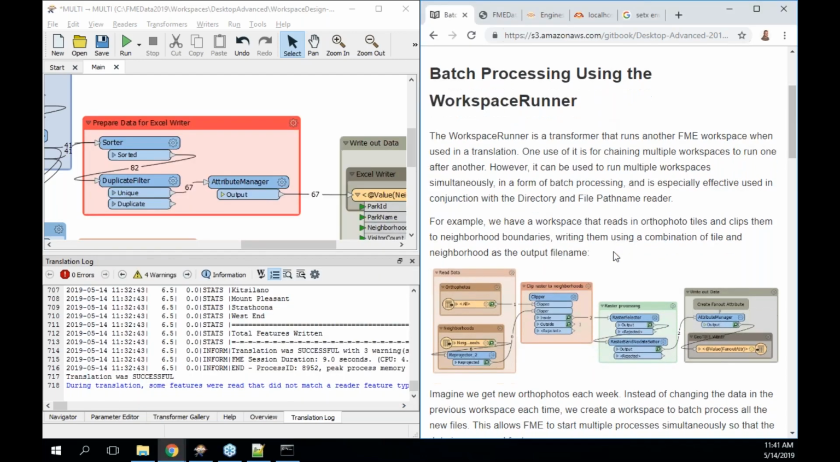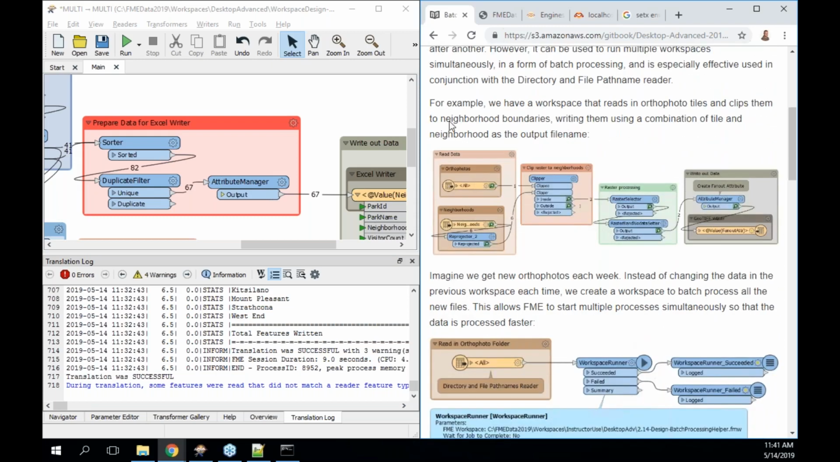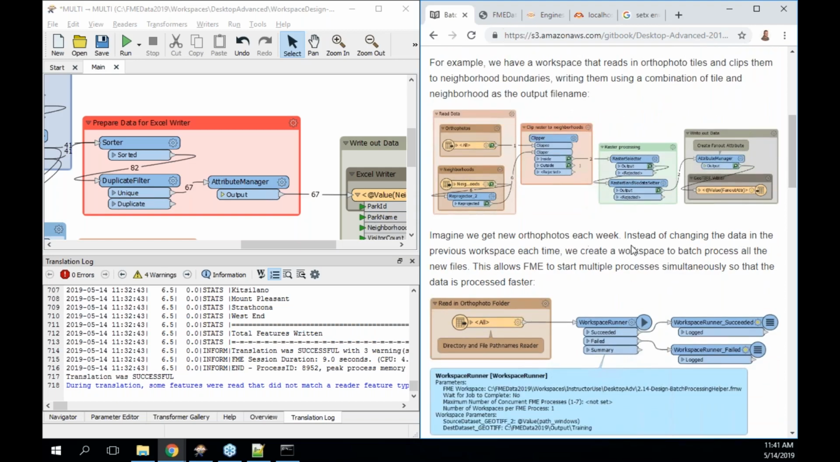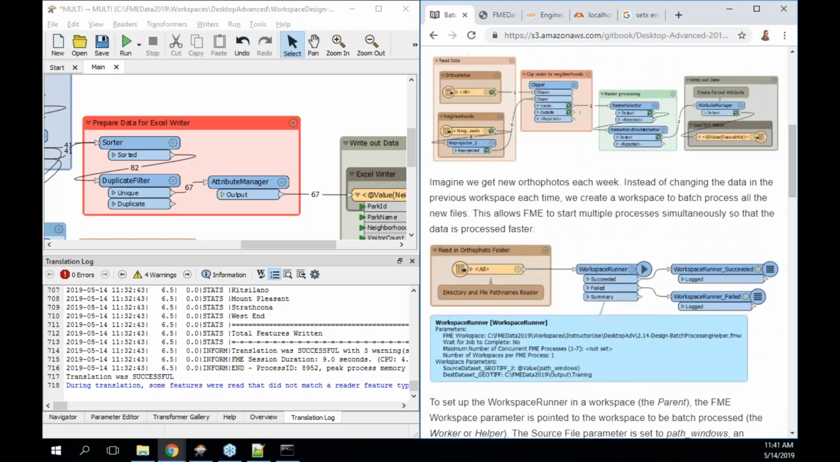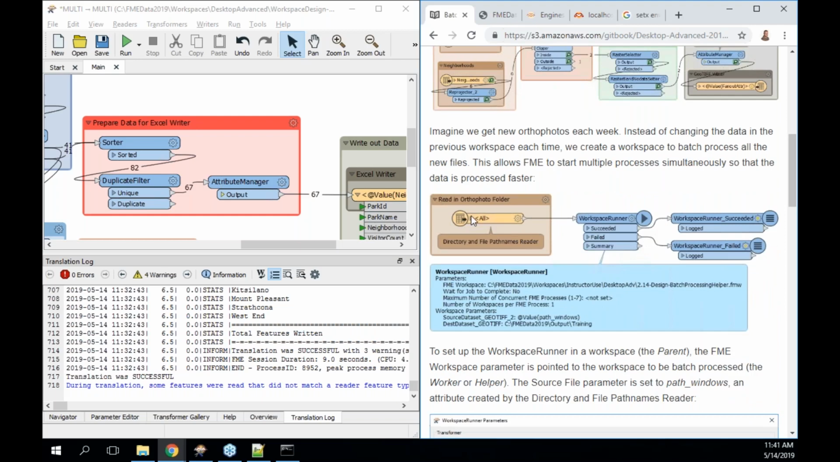But another useful thing to use is the Workspace Runner transformer. Let's say I have this workspace here. I want to read in my ortho photos, process my neighborhoods against them, clip them, send it out, etc. We get new ortho photos each week. So what I could do is have a batch file and schedule it. Or what I can do, if I want to do this for each file,